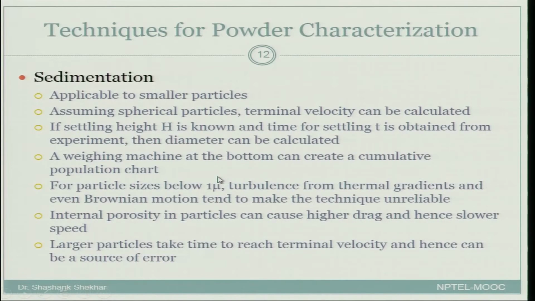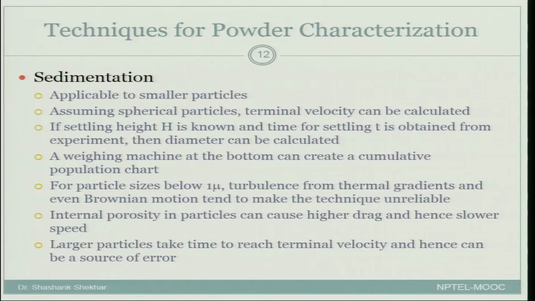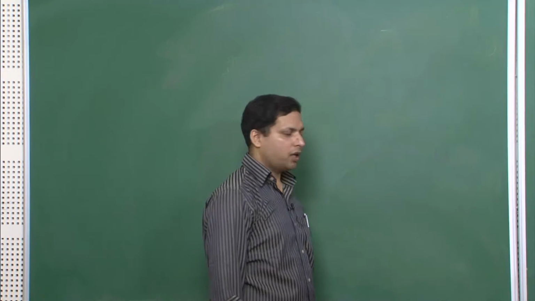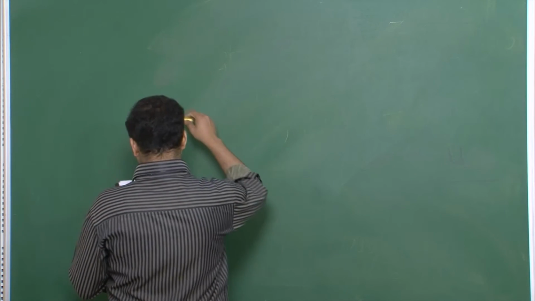So, next we look at even another technique for characterization of powder, and this is a very well known technique which is widely used for characterizing powder particularly in the labs, and this is called sedimentation technique. So, what you do is put your powders through a liquid and allow the powders to move through it. Now, this is based on what is called Stokes law, which says that in a viscous liquid the particles moving through it will reach a terminal velocity. And why does it reach a terminal velocity? Because there are different forces acting onto it.